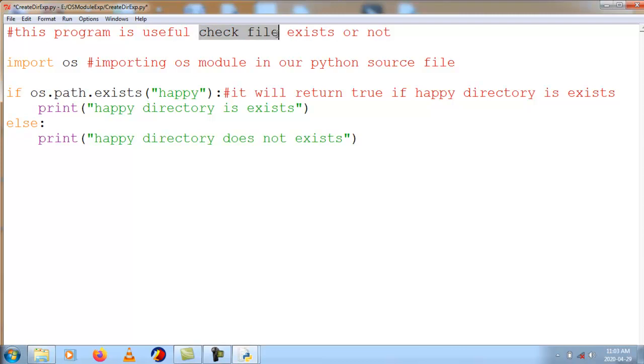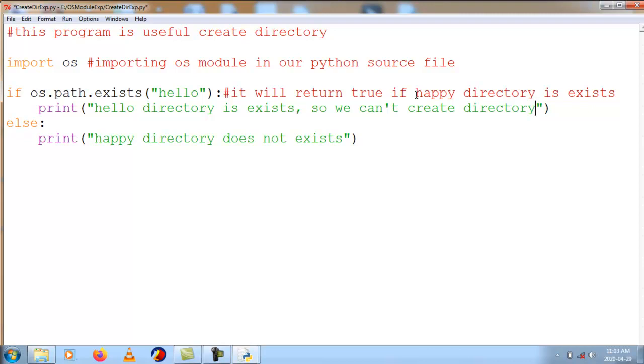I am importing the os module, and checking whether os.path.exists hello. If hello is available, then I say hello directory exists, so we can't create a directory. Already it exists, so I can't create a directory.